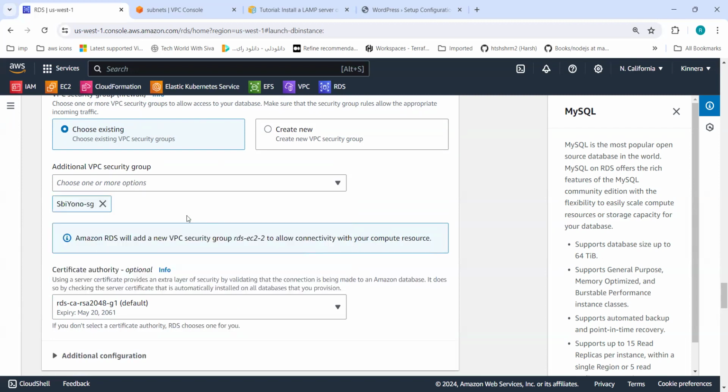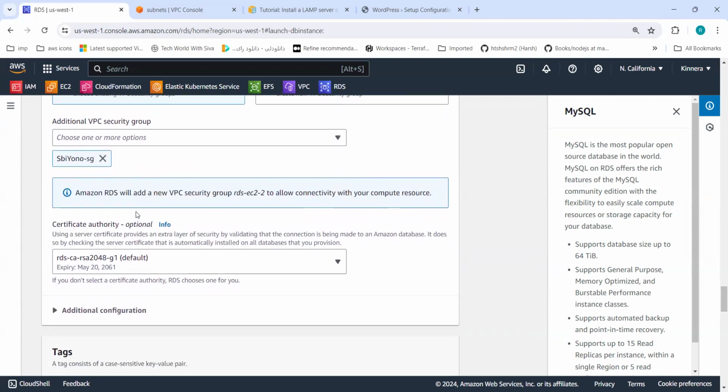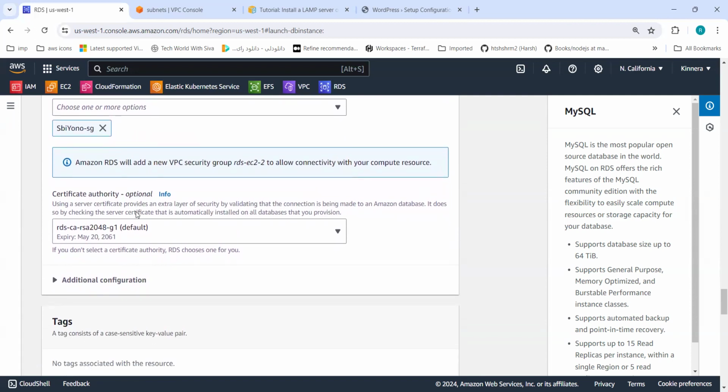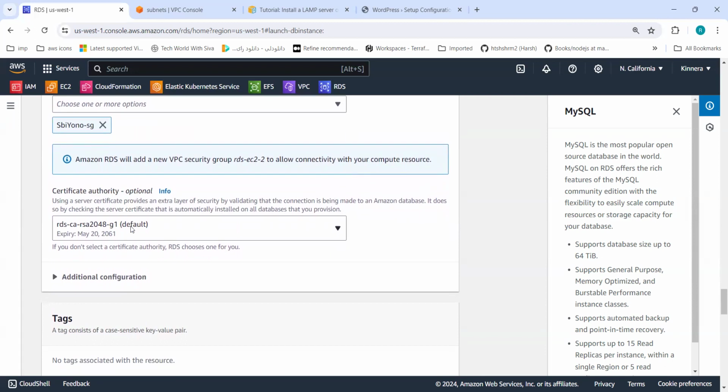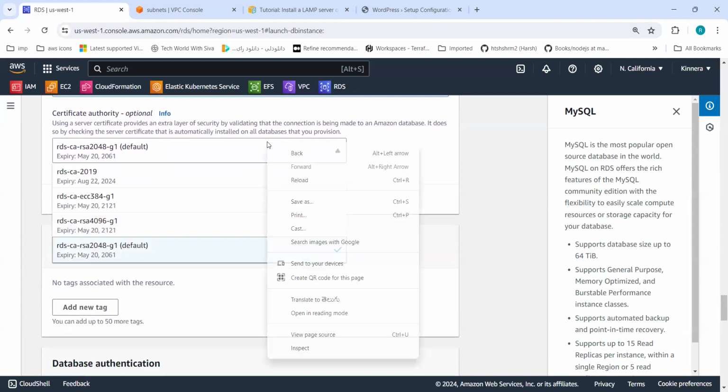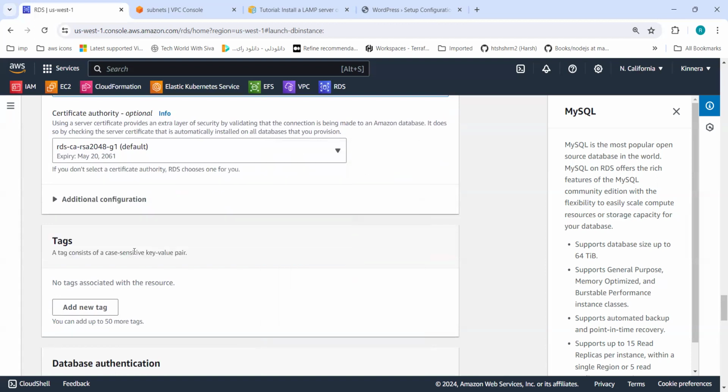So select. Next, certificate authority, by default. In real time, the DB community provides a certificate for connecting to these kinds of servers. So this is default. Or you can choose